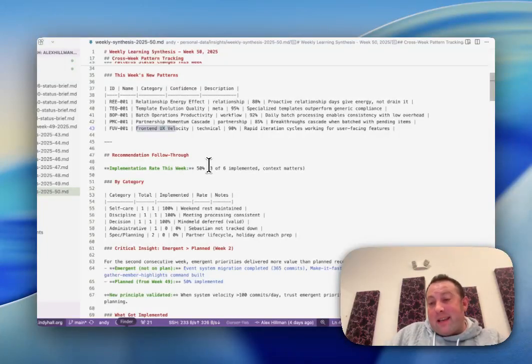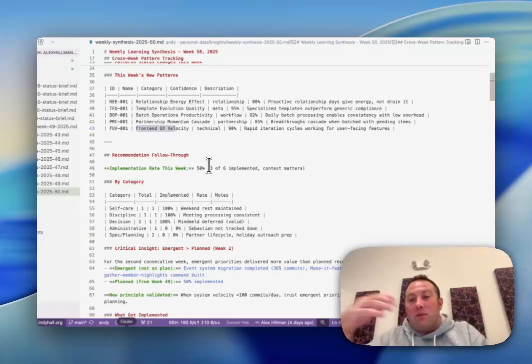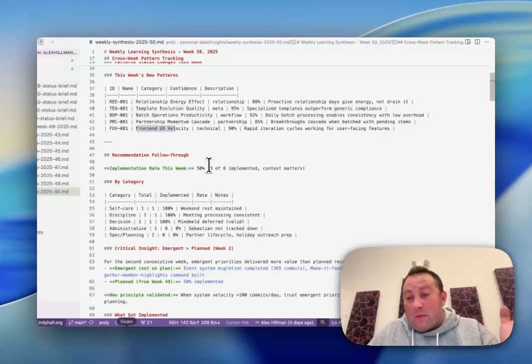I could probably ask it what percentage of features grew out of this system, and if I had to ballpark it, it's probably somewhere near a third, where it's like, hey, if we built this feature or we updated this feature in this way, this problem would go away or this opportunity would be greater. And I've never worked with anything quite like that, a human or software. I mean, humans, obviously, I work with creative people all the time and they suggest things, but I've never worked with somebody who does it so